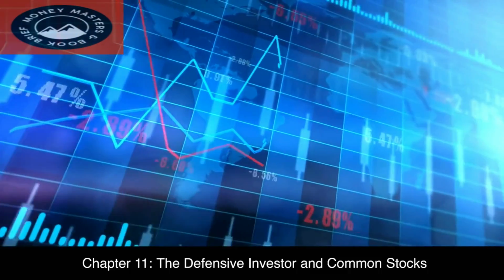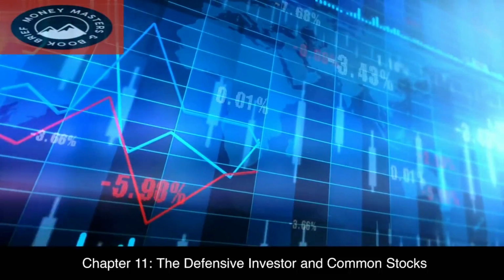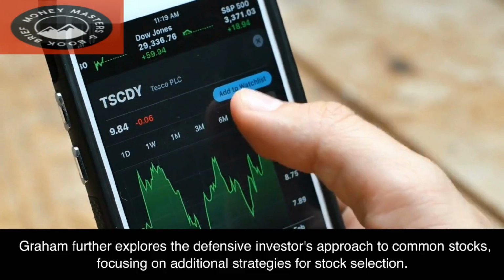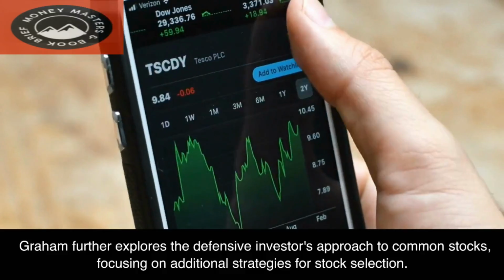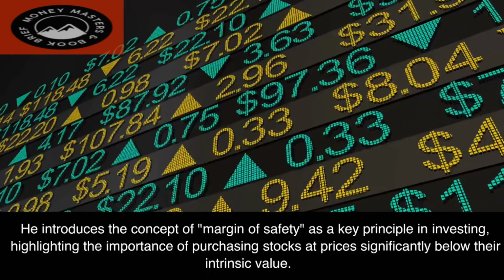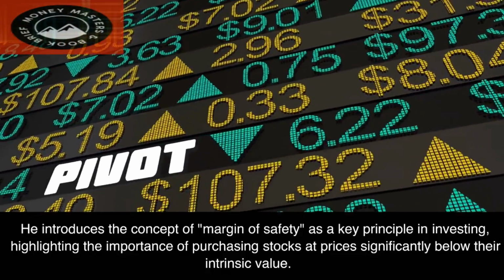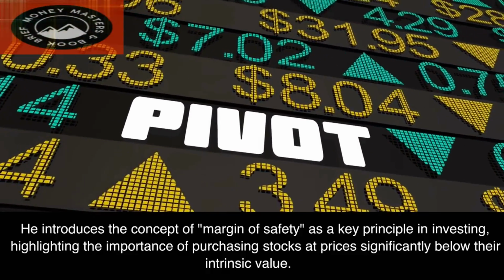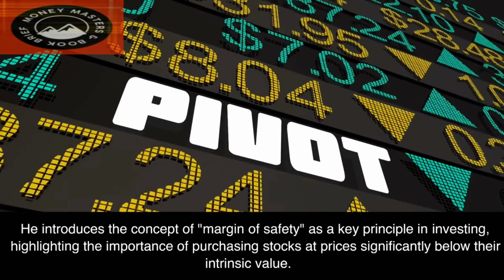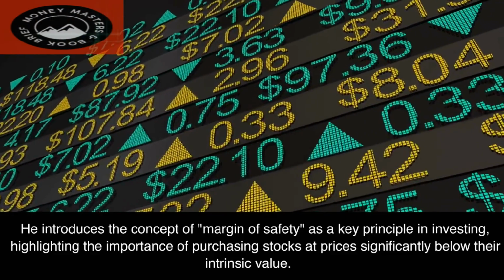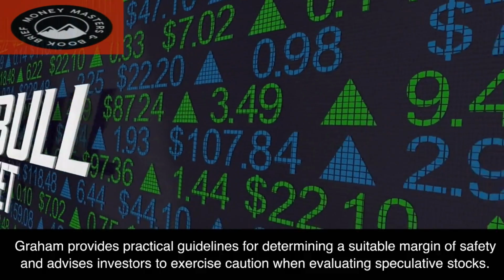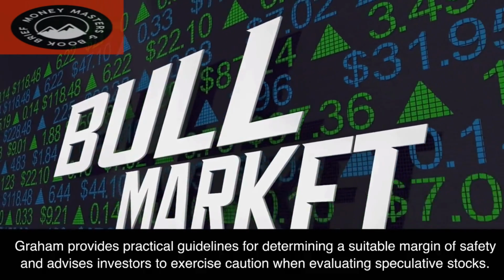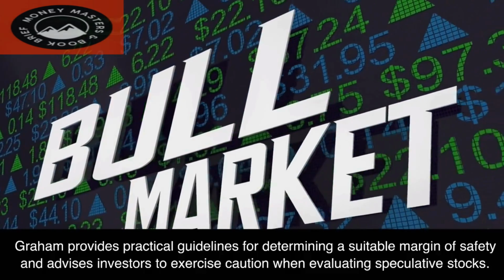Chapter 11. The Defensive Investor and Common Stocks. Graham further explores the defensive investor's approach to common stocks, focusing on additional strategies for stock selection. He introduces the concept of margin of safety as a key principle in investing, highlighting the importance of purchasing stocks at prices significantly below their intrinsic value. Graham provides practical guidelines for determining a suitable margin of safety and advises investors to exercise caution when evaluating speculative